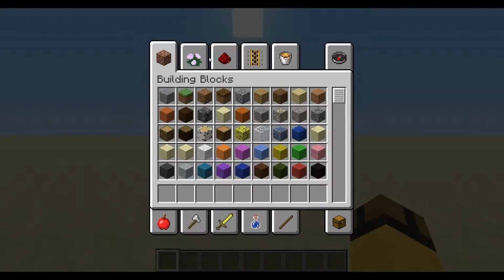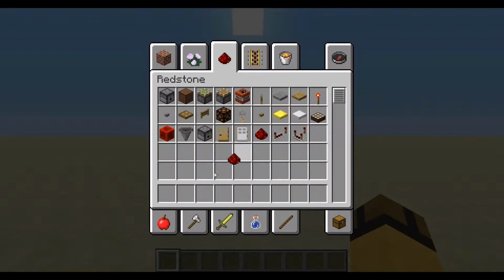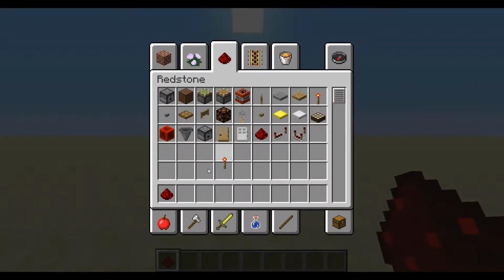To start with, you're just gonna need some redstone, torches, repeaters, and some kind of switch. And just to make it a little more interesting, I'll add a lamp. And why not just go ahead and grab a bunch of stuff. Alright, so